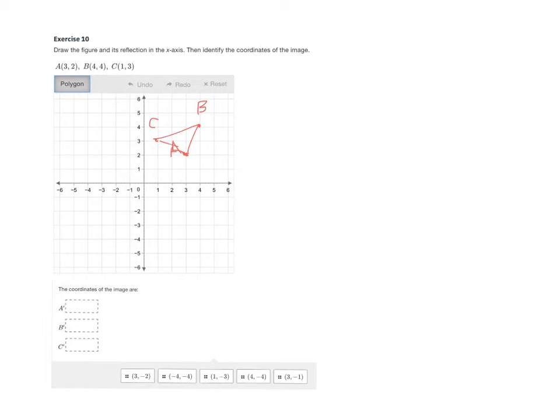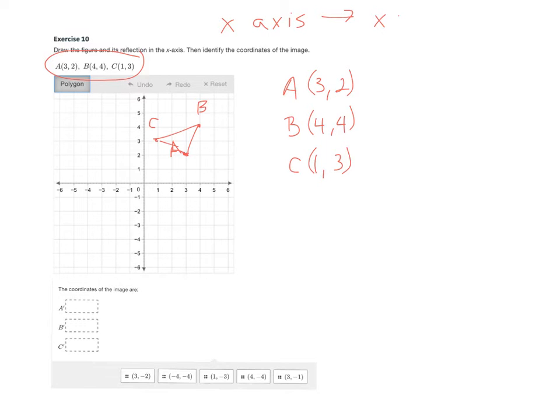Draw the figure and its reflection. So here are our originals, right? And I'm just going to write A, which is 3, 2, B, which is 4, 4, and C, which is 1, 3. Now if you remember the rule for a reflection over the x-axis, the rule for reflection over the x-axis is that x, y becomes x, negative y,